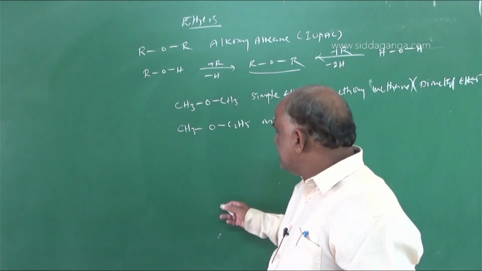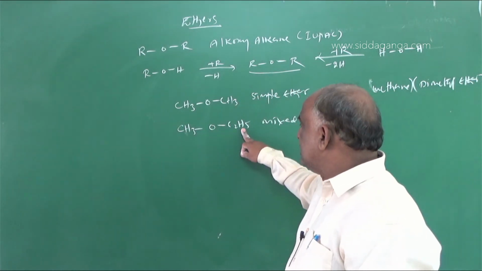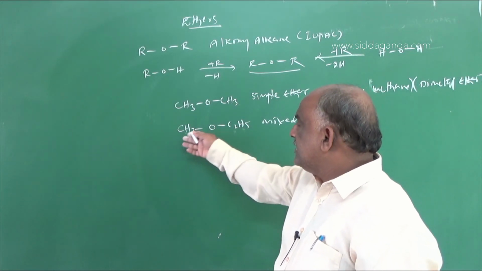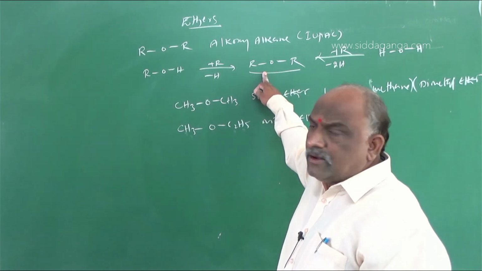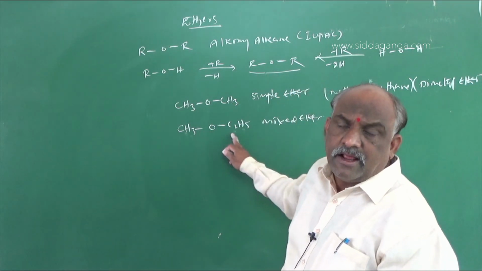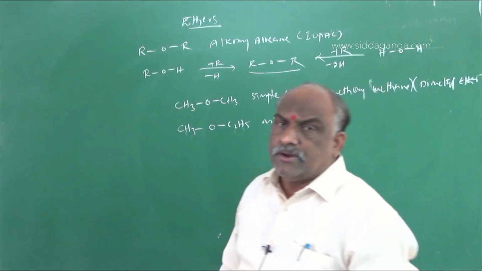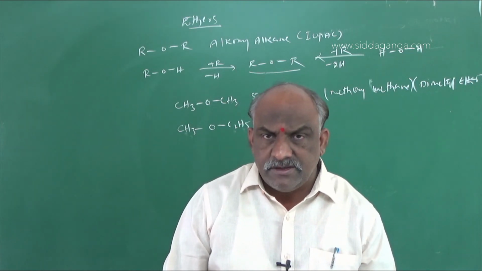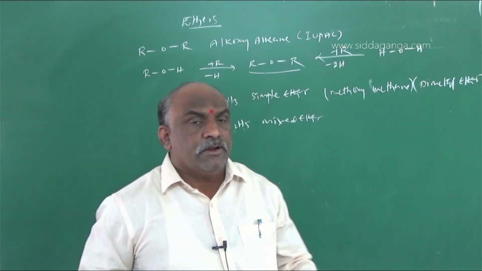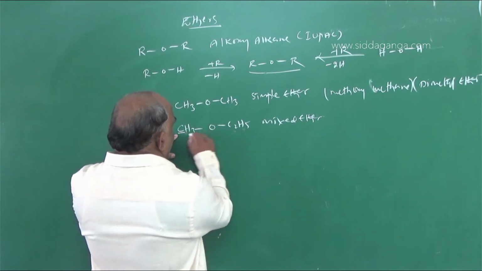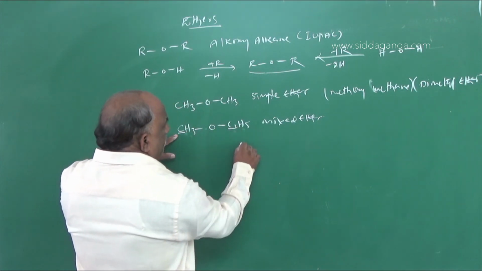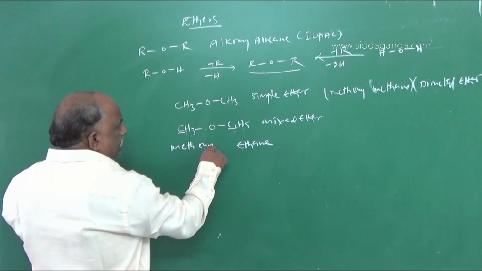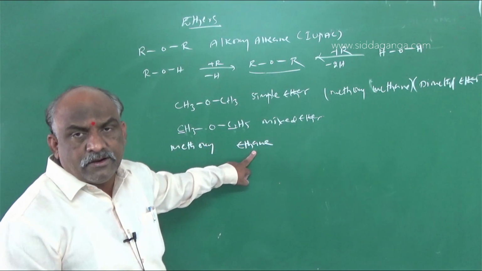Suppose you go with a mixed ether. This is mixed: one is the methyl group, the second is the ethyl group. Alphabetically, it is ethyl methyl ether. Or according to the IUPAC name, the lower alkyl group is oxy and the higher alkyl group is the alkane. That is an important point, make a note of it, my dear students. Here one carbon is there, so this is oxy. Here 2 carbons are there, so alkane, ethane. One carbon with oxy. So this compound is methoxyethane, not ethoxymethane.